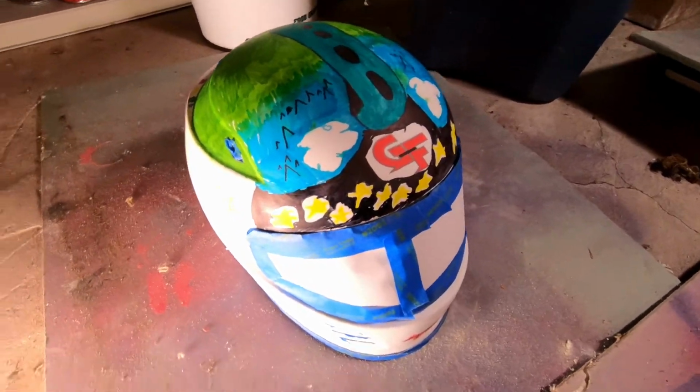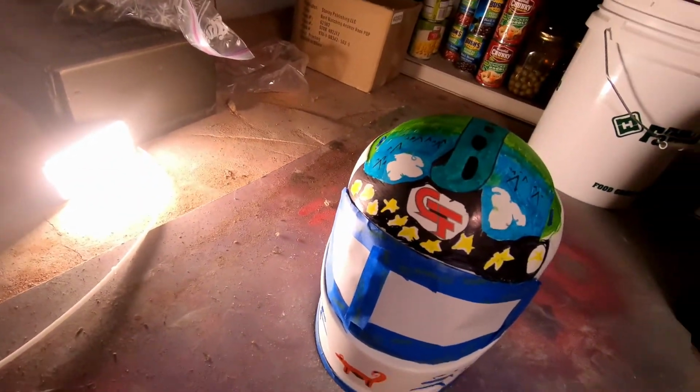I told her to think about it a little ahead of time, just so she had a plan. 7-year-olds aren't necessarily thinking ahead. So she drew it up, and to do that, I disassembled the helmet, took the visor off, took out as much of the hardware as I could, and taped up everything else, especially around the edge, all the little gaskets and rubber trim, and then let her draw on it. Then I taped up the visor area with paper, and the bottom part with paper,